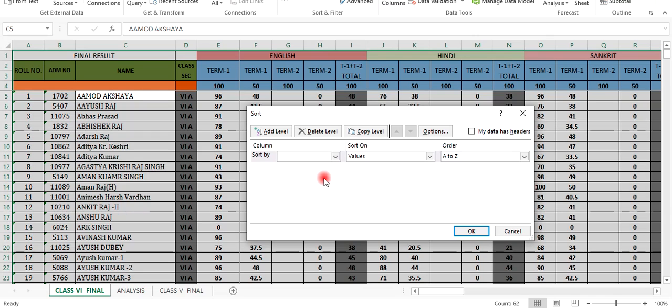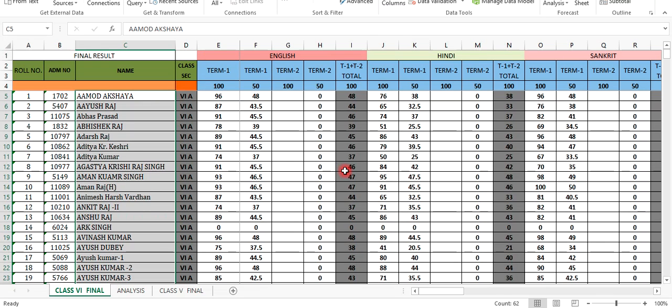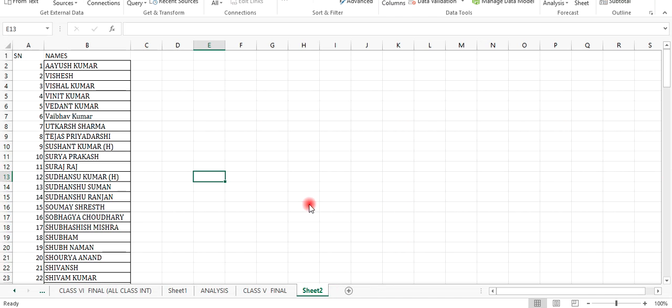Now sort by column C. I think this data has merged. Now we are going to sort the data. See here, this data has been sorted, as listed in the Excel sheet.